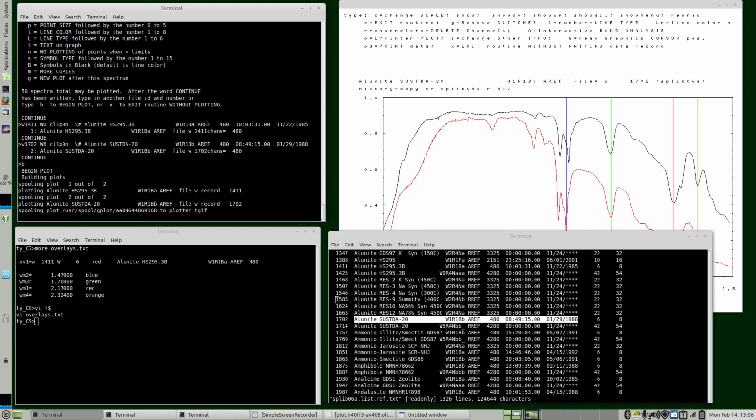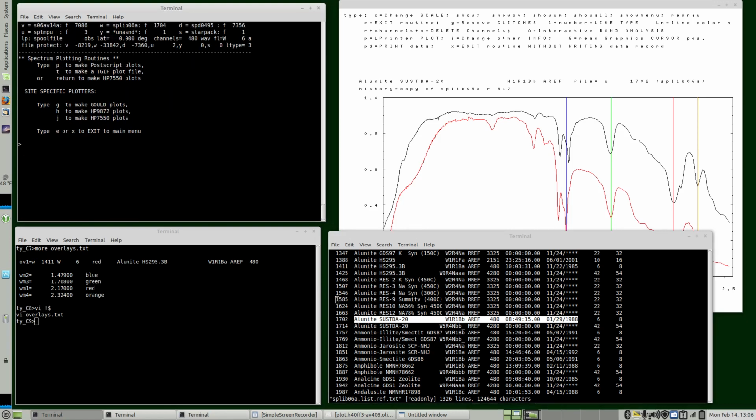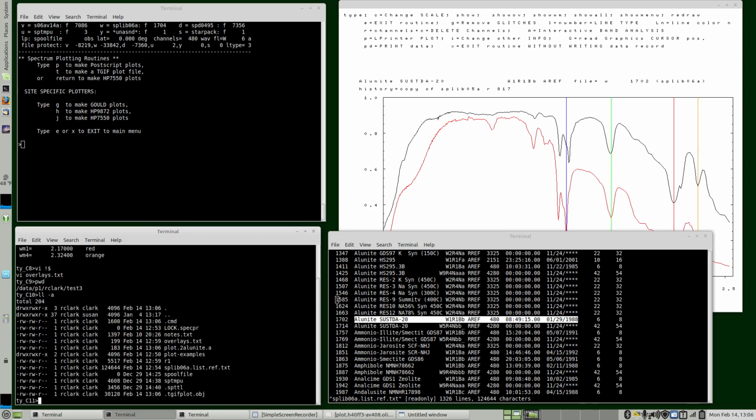And now B to begin the plot. So the plot parameters have been generated. Now I'm in the same directory in this window here, and what Specpr does is create a plot. There's some dot files, so the .tgifplot.obj is the Tgif. Otherwise, it'll be a postscript, .psplot.ps. So we copy